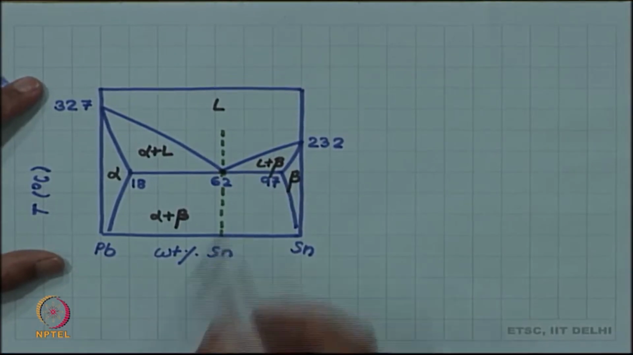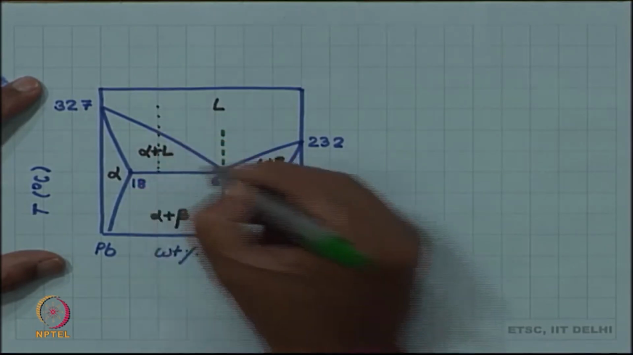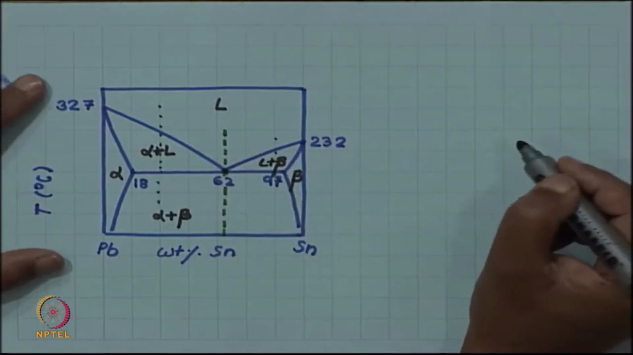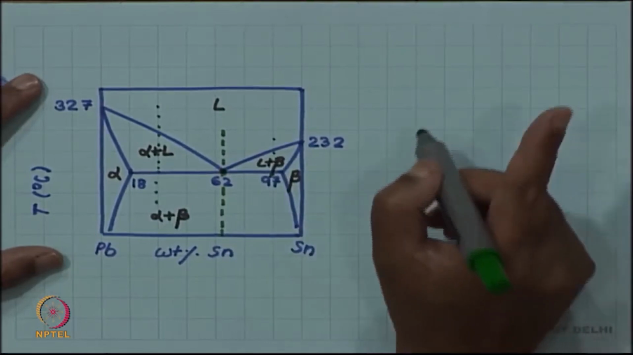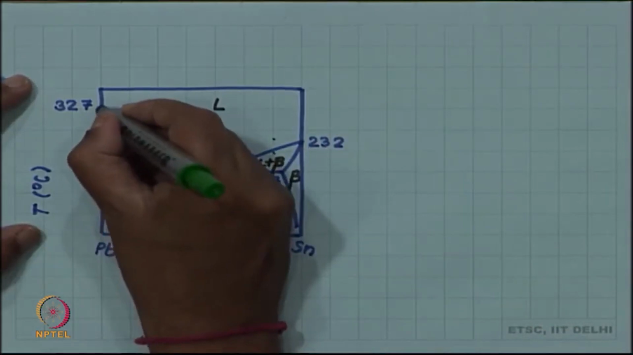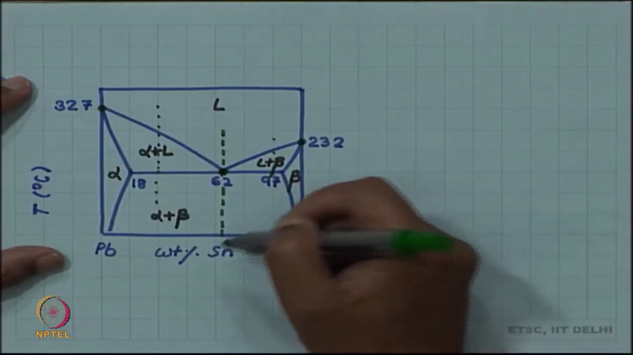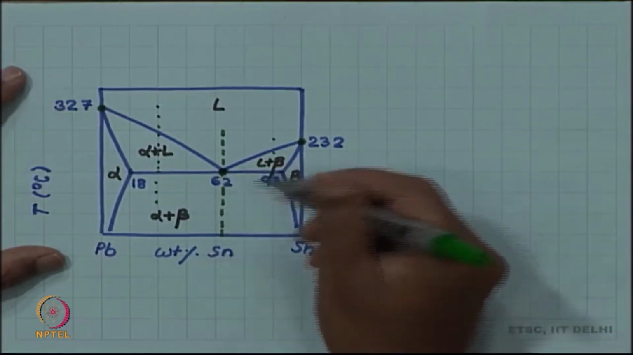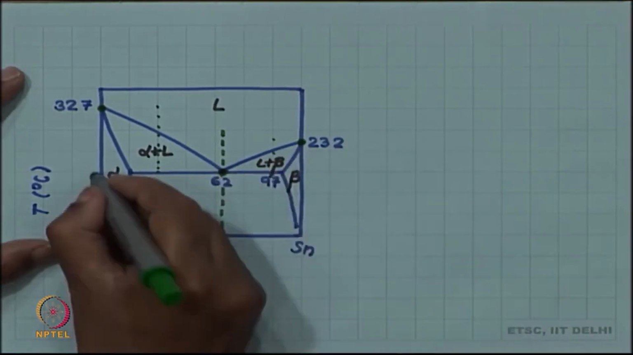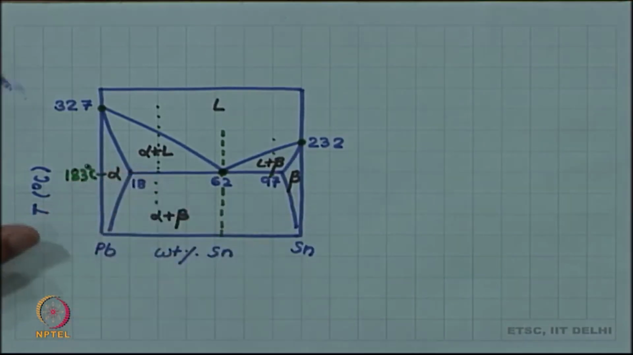Now, although all other alloys will melt over a range of temperatures, this particular alloy melts at a unique temperature, just like pure elements. So, the pure lead melts at 327, pure tin melts at 232, and a lead with 62 weight percent tin alloy will also melt at a fixed temperature, and that temperature is 183 degrees Celsius, which we call the eutectic